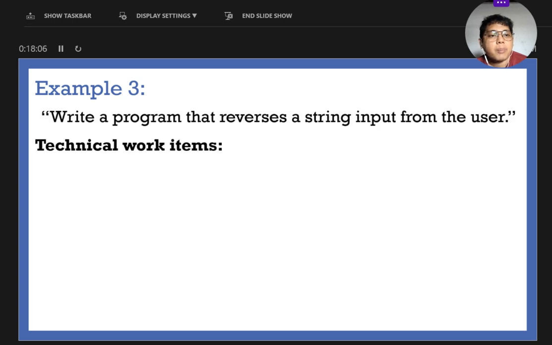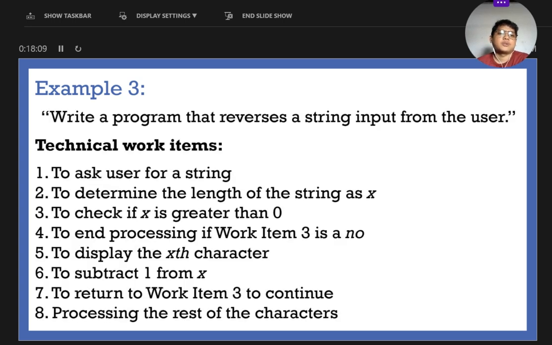So our technical work items are here. We ask the user for a string and determine the length of the string as x. Then check if x is greater than 0. If 0, end processing. If work item 3 is a yes, then we display the x character. Then subtract 1 from x, then return to work item 3 to continue processing the rest of the characters. Now, to fully understand how these technical work items work in a flowchart, let us